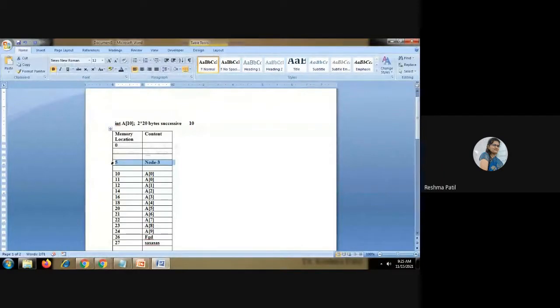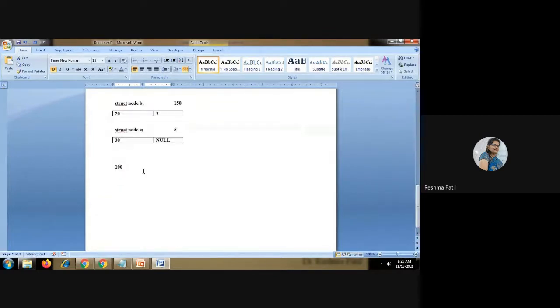That's why I can reach that node. So at 5, I will get the value of this node. After reaching this node, I will come to know that yes, this is the end of the list because there is a null in the next part, in the link part. So here my linked list is over. My output will be 10, 20, and 30.